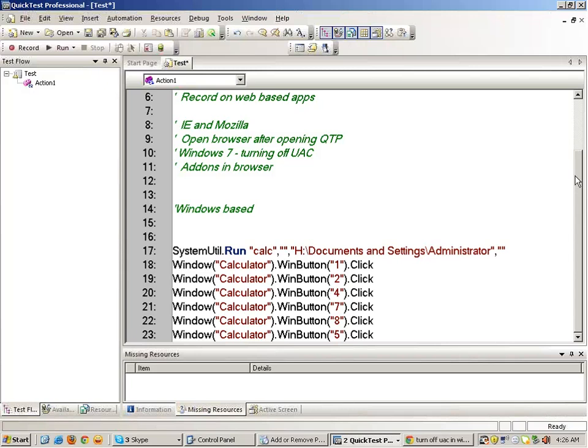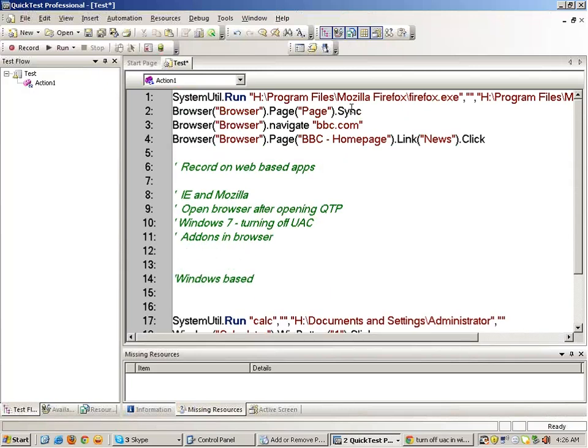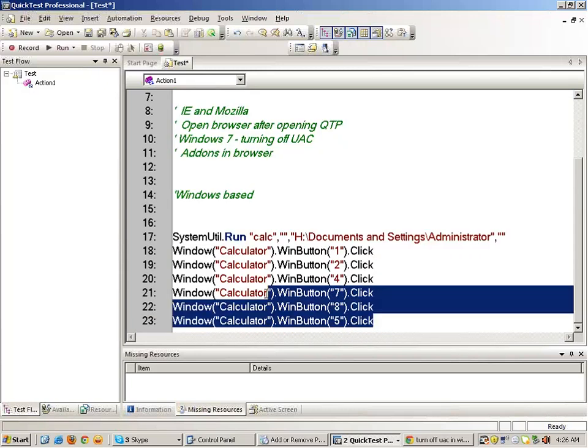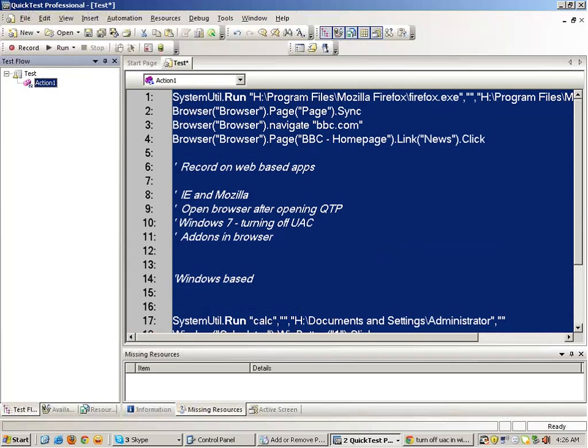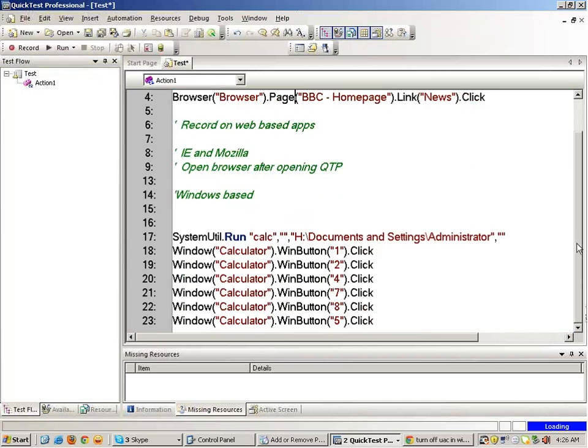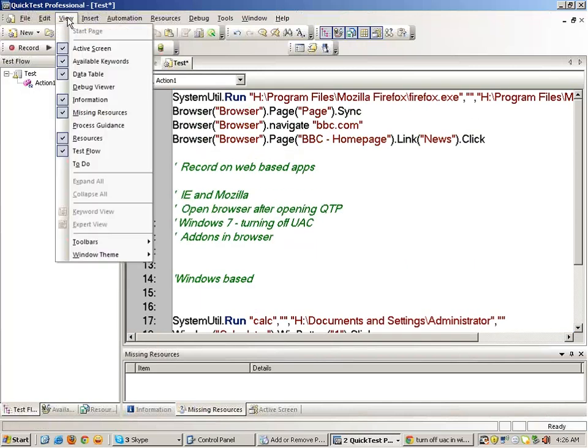Now this is the test which we made, and the coding was obviously recorded in action 1. Fine. Now there are various views available in QTP. Okay, if you go to view,